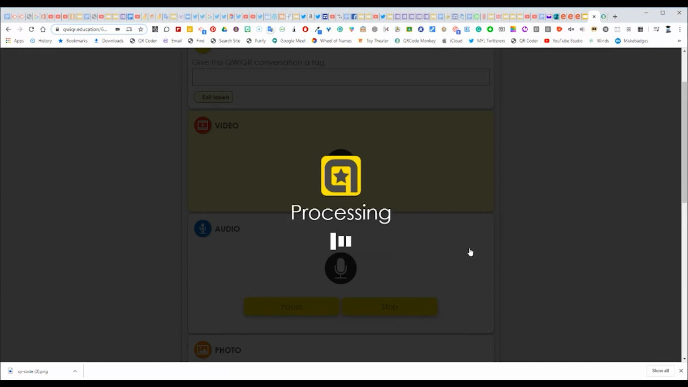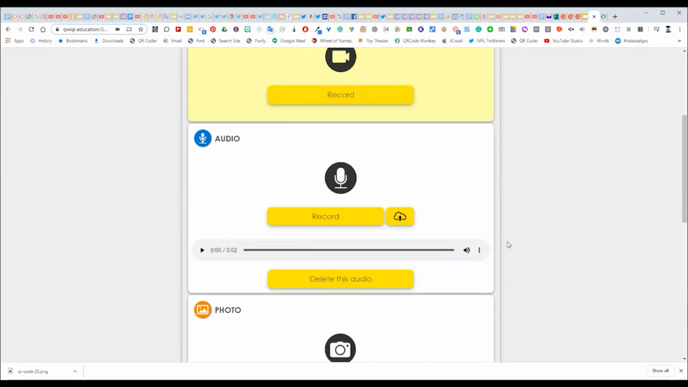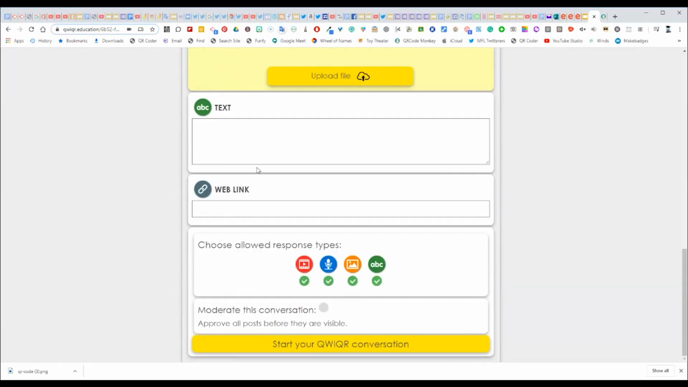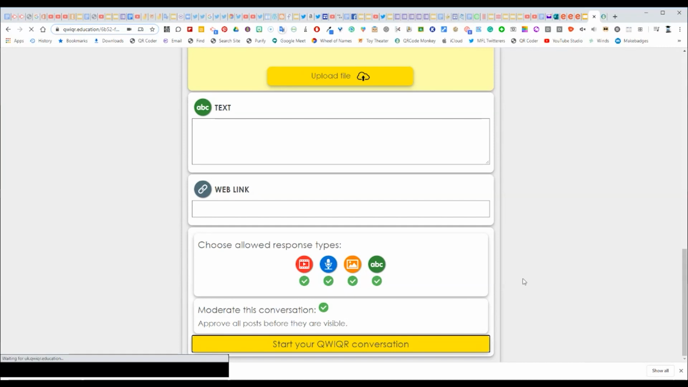Click Stop. It uploads onto the servers, which are in the UK. This was created by a physics teacher in the UK. You can add text and web links and what have you, but at the bottom there, it allows you to moderate the conversation. So if I click on Moderate and I click Start your QWIQR Conversation,